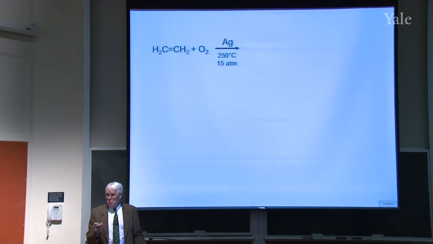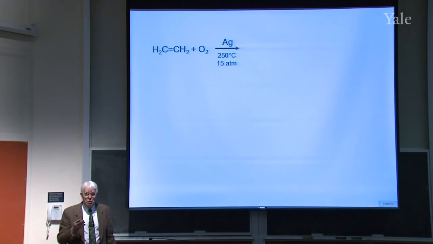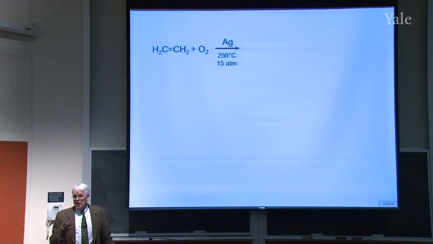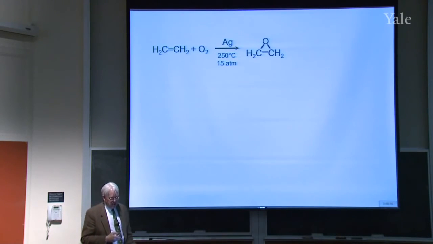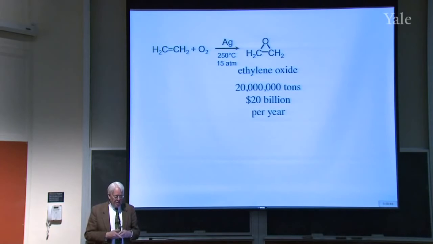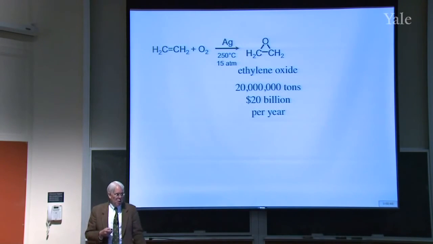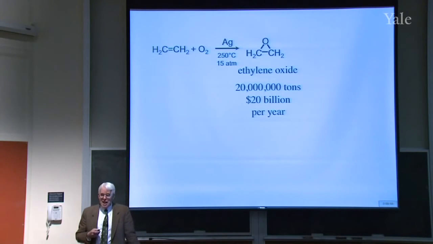That's a really cheap source of oxygen. In fact, they do use O2. There are other people who do the same kind of thing, who use air. But it turns out to be worthwhile to use O2 rather than air because you get a higher yield. So what you get is an oxygen that's transferred like that. That's called ethylene oxide. And that process generates 20 million tons a year, worth $20 billion, of ethylene